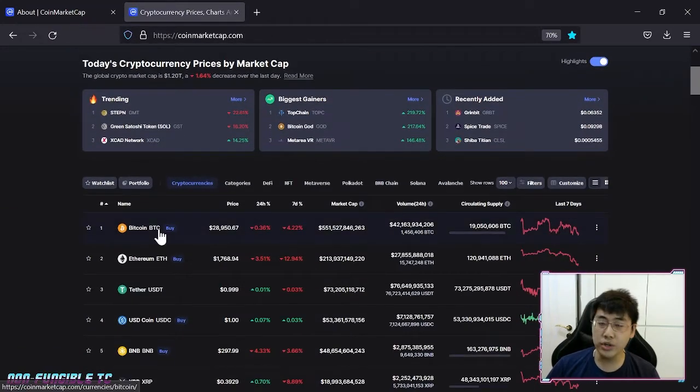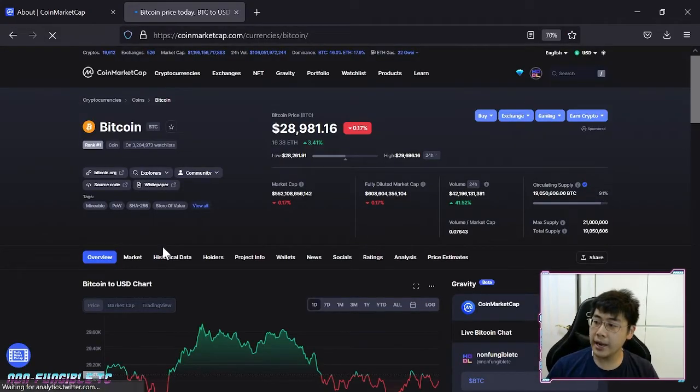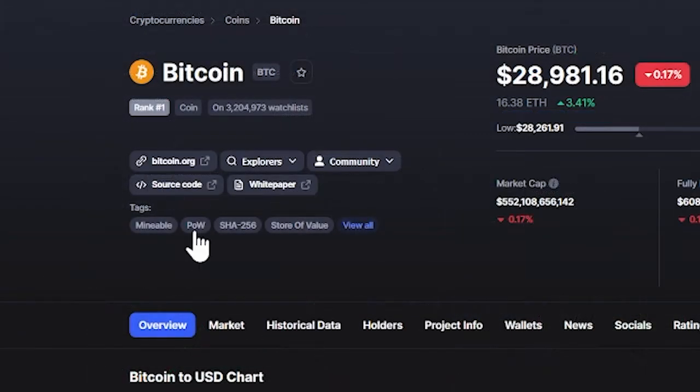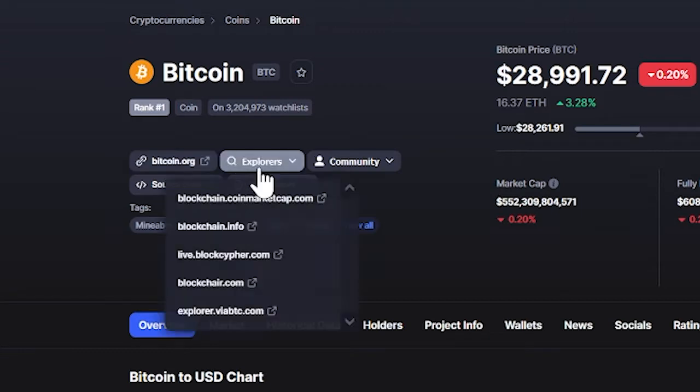If you're new, you want to do your research, basically what you can do is that you could click into these tokens, and then it basically shares with you all the information you need to know. It will show you the rank of the token in terms of the market cap, how many people are watching this on the watch list, and also, they have the website of the project. So you can click into it to learn more about the project. And then they also have